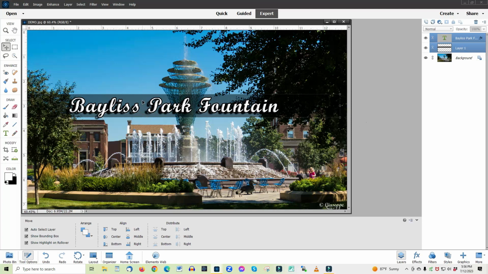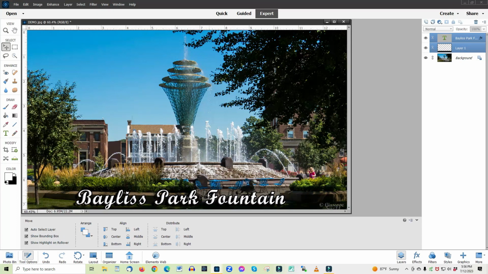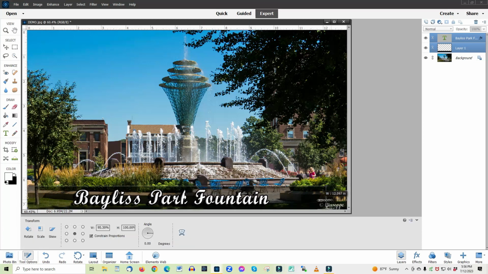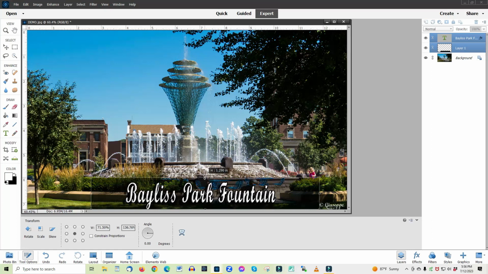If you don't like this as wide as it is, all you have to do is grab a corner or the middle of one edge or the other, scrunch it down, move it over, make it big and tall,